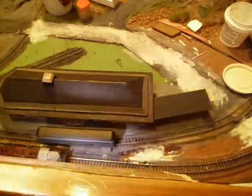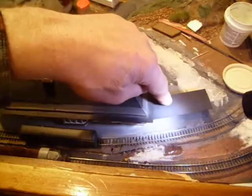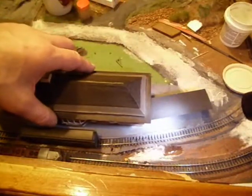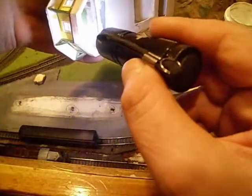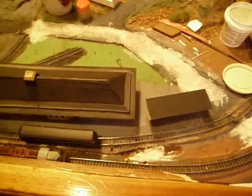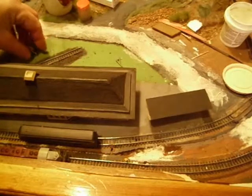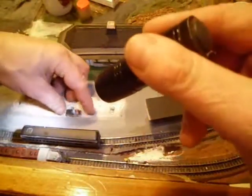Okay, where I was before was checking, make sure I had clearance. I got clearance. I glued this down, but I didn't glue this down. And I also have the openings done now for where I'm going to place lights, and these two spots are going to have just a little activity going on inside. Inside this front window, what I have is a little bench, and it's raised up a little bit, so when I set this here,